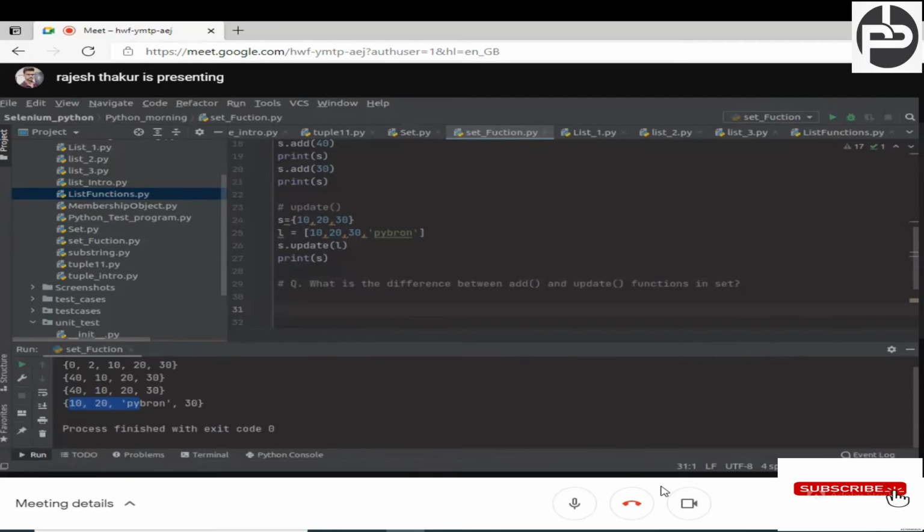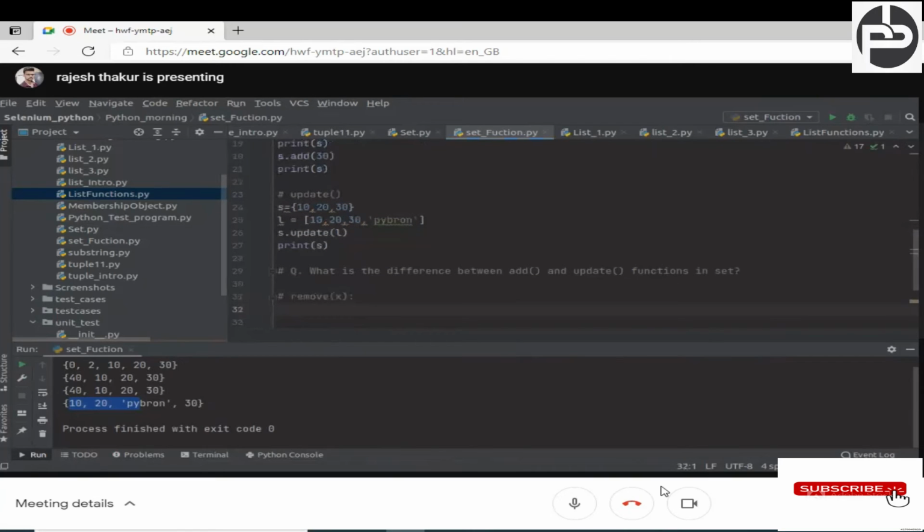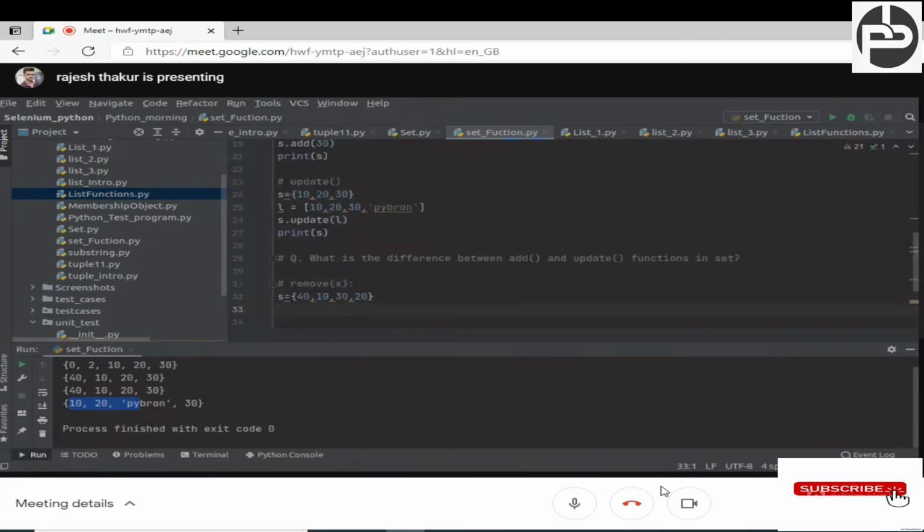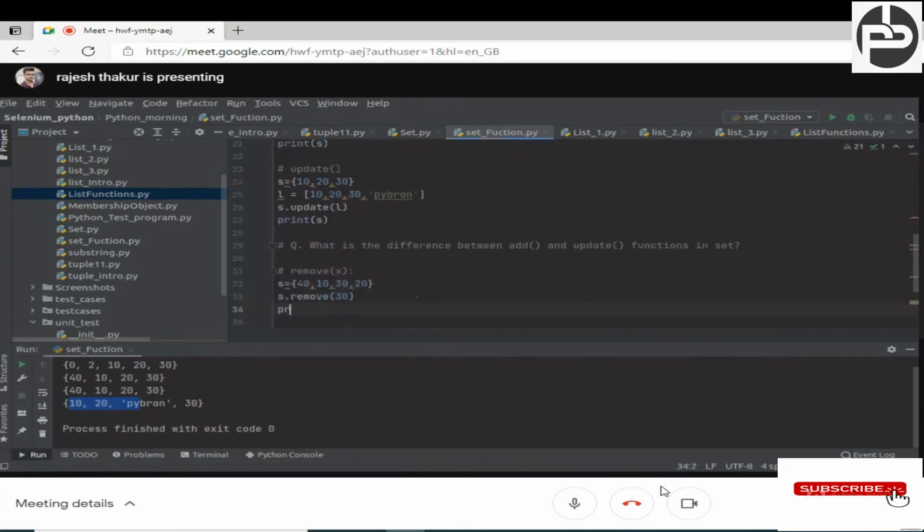Okay, now remove function. I told you about the remove function; are we able to use it or not? Yes, we can use the remove function. Let's suppose we have a set like 10, 20, 30, 40, or 40, 10, 30, 20, this kind of set. And if you want to remove something from this set, we can do that. Let's suppose s dot remove, and here if you are passing 30, and afterwards if you are printing s,